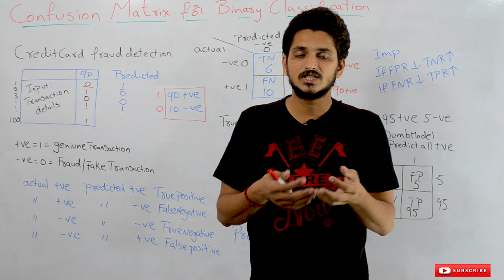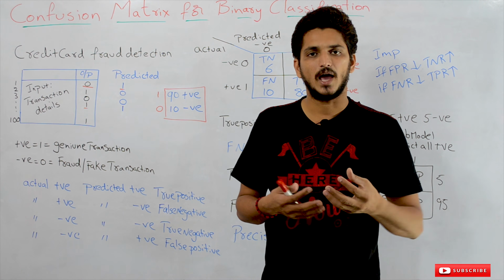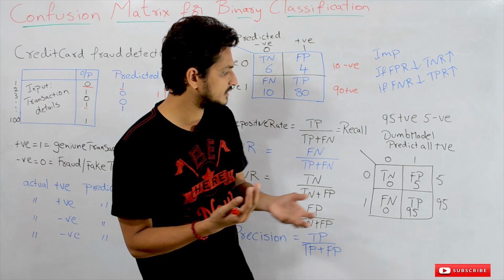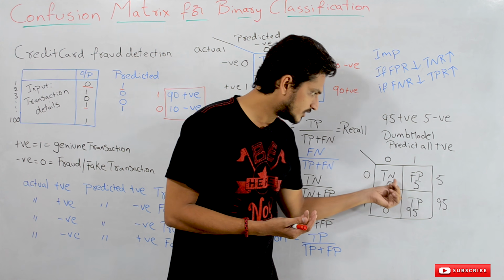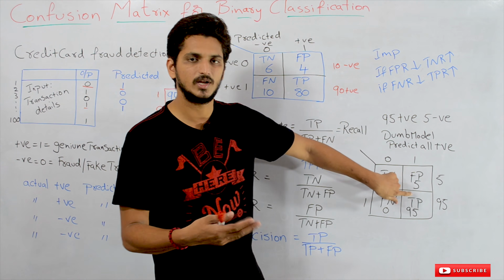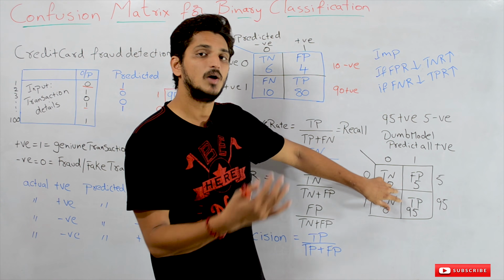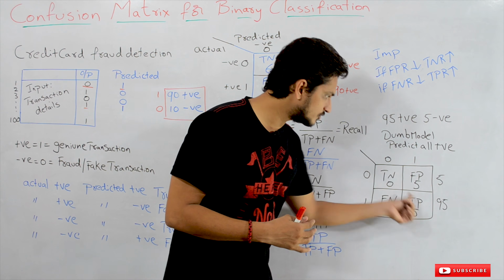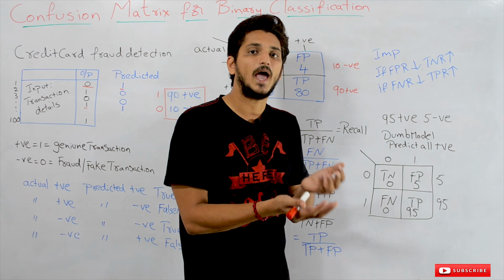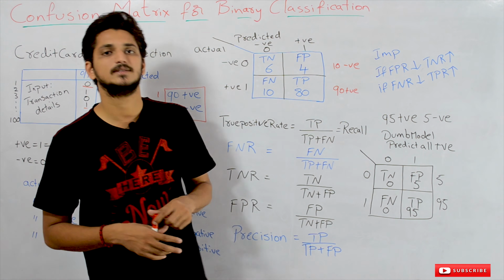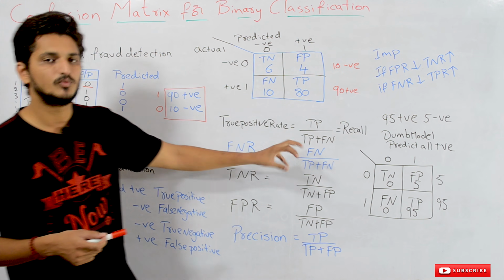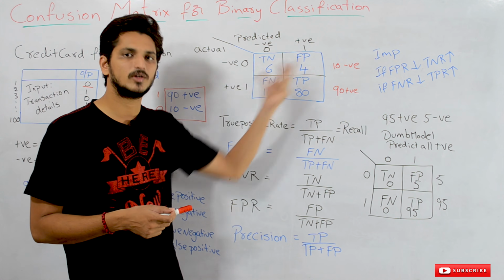So in our next class, when we deal with calculating accuracy for imbalanced data sets, what we have to consider is that true positive and true negative are taken into consideration. You will understand that in our next class. Please remember this point: true positive and true negative are taken into consideration for calculating the accuracy of imbalanced data sets. This is all about the confusion matrix. We use these terms in our next class.